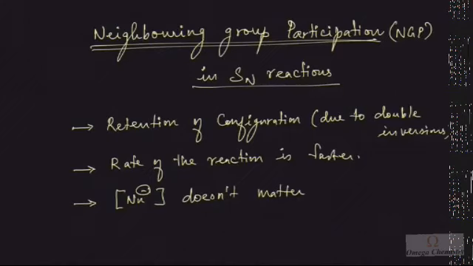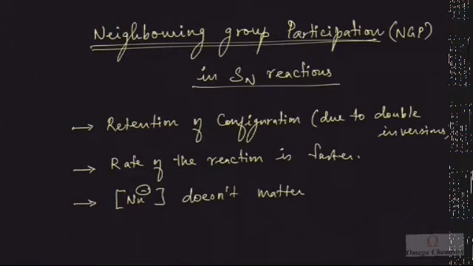a lone pair of electrons and it should be present closer to the leaving group. That is, it should be at the beta position to the leaving group. Sometimes it will participate in the elimination of that leaving group and will help the intermediate to get stabilized, right? Due to this, a retention of configuration will result. So it consists of two consecutive SN2 substitution reactions with the inversion of configuration, right? So two inversions will lead to retention of configuration. That is an important thing that happens in neighboring group participation.